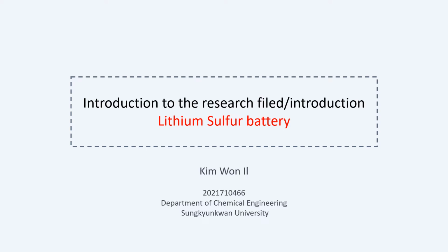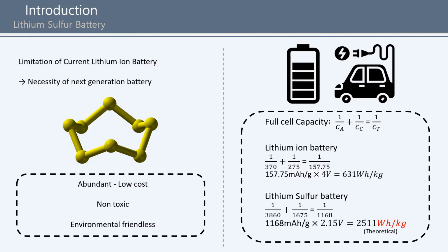Today, I'm gonna introduce research trends on my research interest, lithium-sulfur battery. Lithium-ion batteries have become prominent over the past few decades. The highest energy density of lithium-ion battery is approaching its limit at present, but cannot satisfy the requirements of emerging